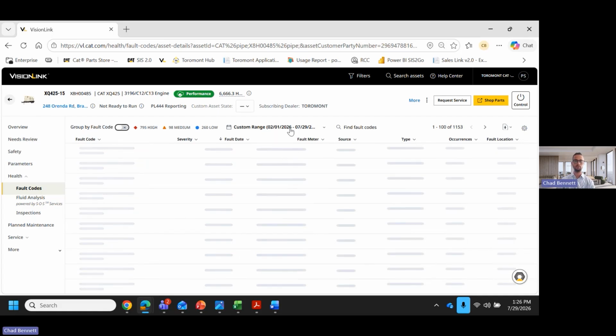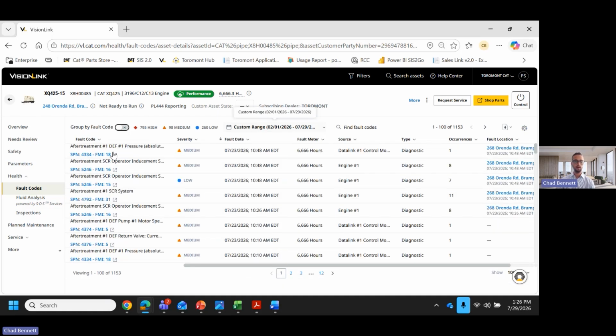I'm sorry, I changed the custom date range just so that we have a lot more data to show you while we are going through this live demo. So here we have the fault code, the date it occurred, what was the service hour meters, the source that the fault code was generated from, and what type was it, right? So if I were to click on this little highlighted